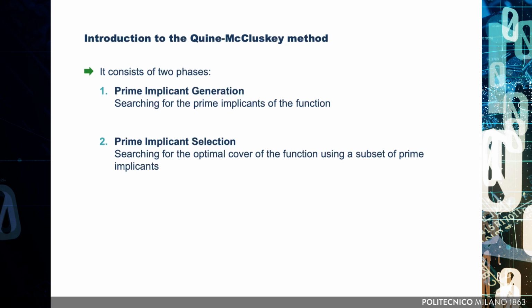This kind of optimization is natural for a human, thanks to our ability to visually process and reason about patterns, but it is much more complex to implement algorithmically for automated execution. On the opposite, the Quine-McCluskey method maintains a clear separation between the 2 phases, where each phase operates on a specific table. Let's begin with the study of the prime implicant generation phase.